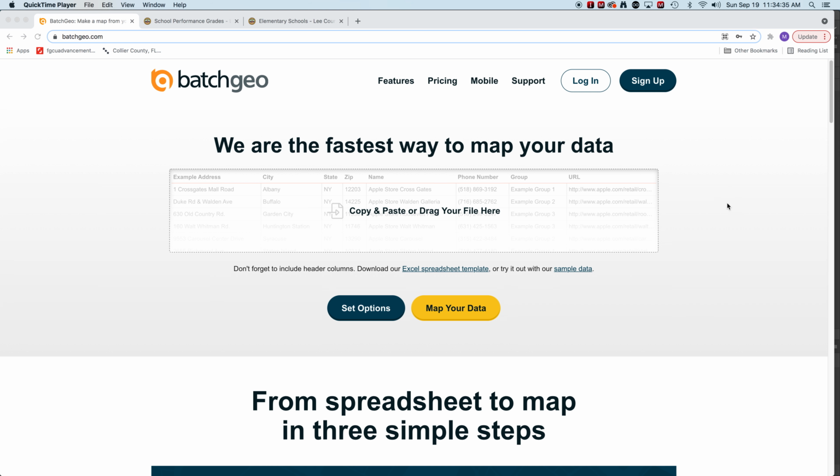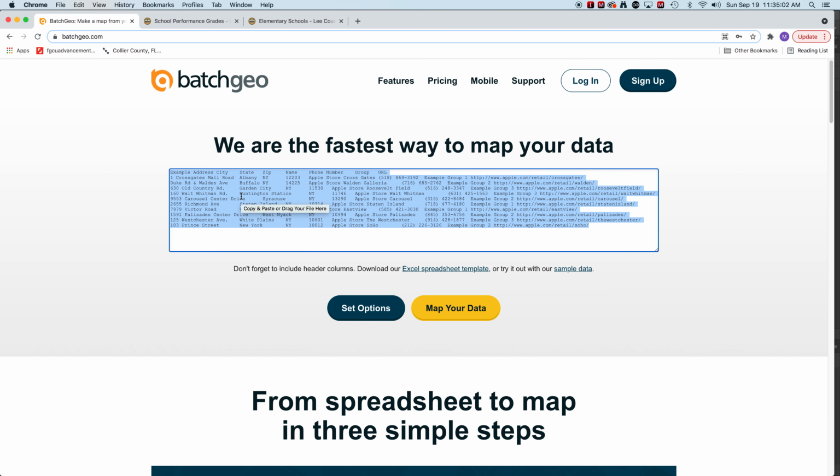Okay, hi. Today, for this little tutorial, what we're going to do is take a look at preparing data for use in a Badge GeoMap. So the first thing we're going to do is take a look at the Badge Geo website itself. And the sample data is right here, and we can take a look at its structure by selecting it and copying it with just a Command C, and then going into